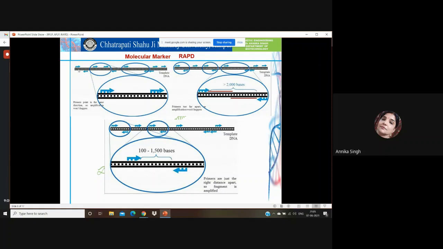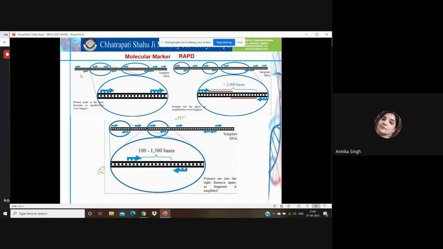Okay, so if we want to see the pattern which is obtained by using these random primers, we consider this DNA template, in which different primers are